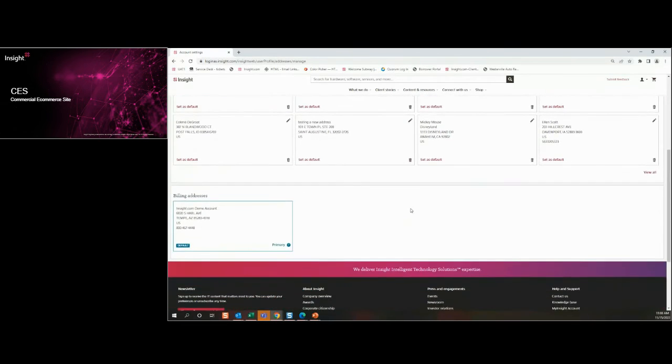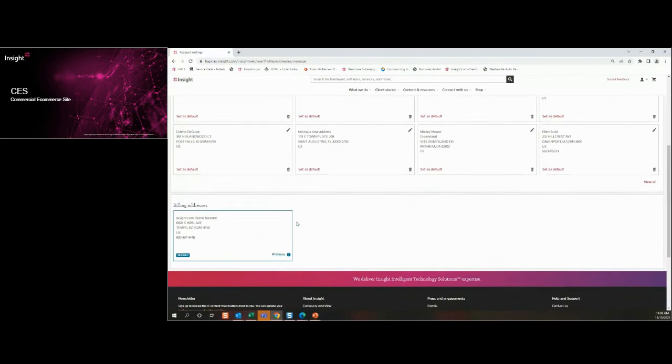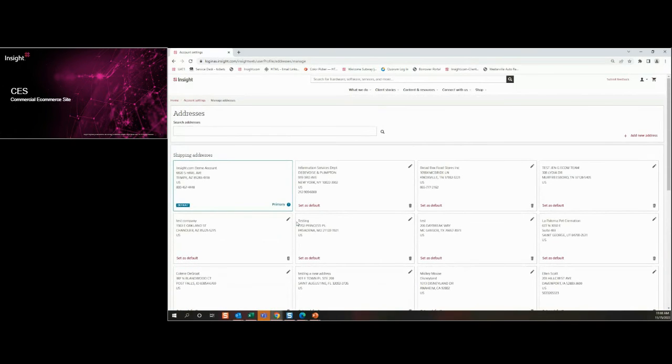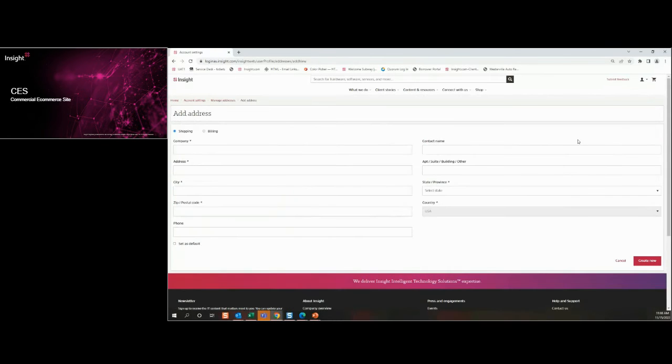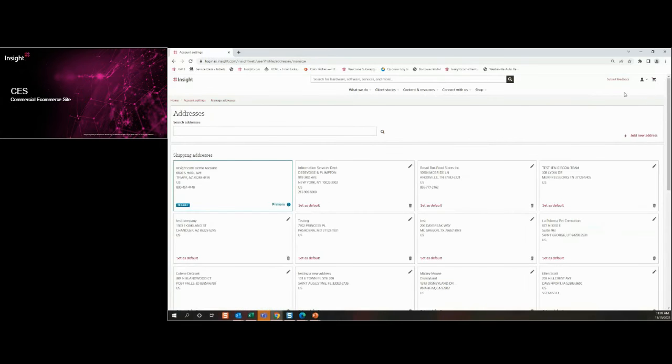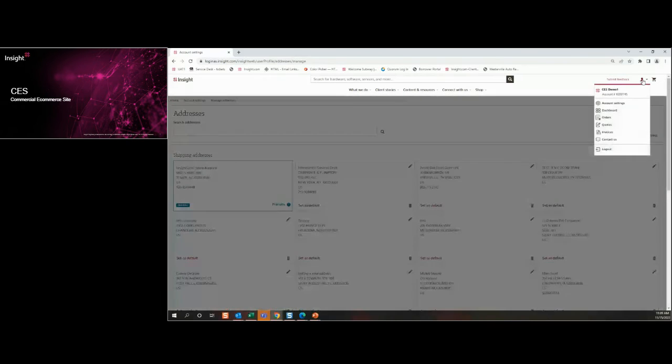It does the same thing for your billing address. So you can actually do that yourself. So you can add new addresses, again, right from here. Is it a shipping address or a billing address? A lot of folks might have multiple credit cards that might have different billing addresses, and we know that you need that information. In addition to that, not only can you, I'm going to go back to the account settings page,